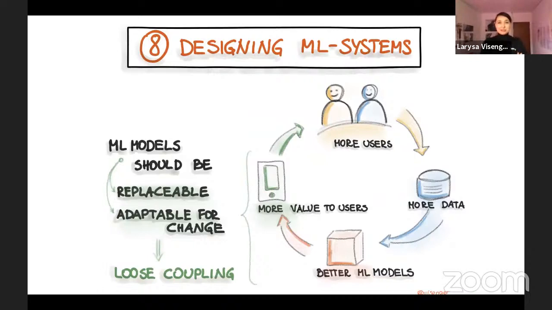So let's go on to the 8th point of machine learning engineering principles, which is about the design of machine learning software. What we also need to understand here is that the life cycle of machine learning models and the life cycle of the base software might be different. And we probably don't want to rebuild the whole system just because we renewed the machine learning model. So that means the machine learning models should be replaceable, and the software design for such quick or seamless changes is the loose coupling